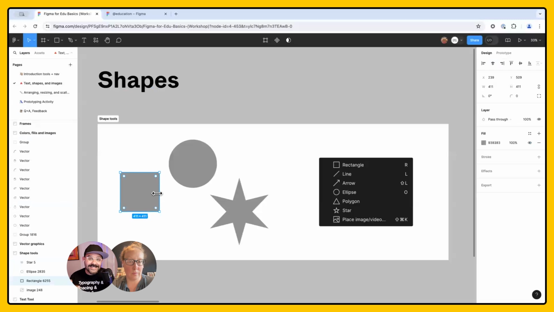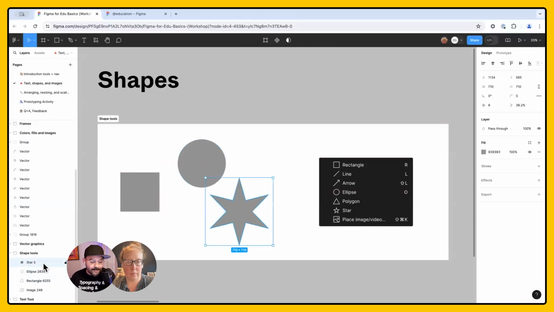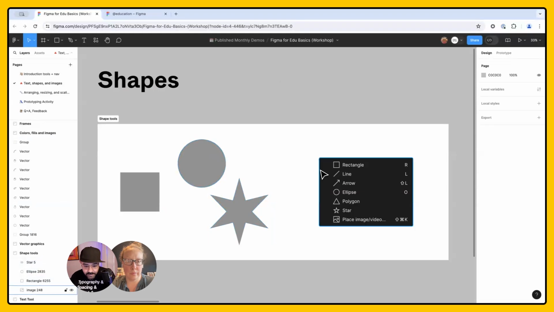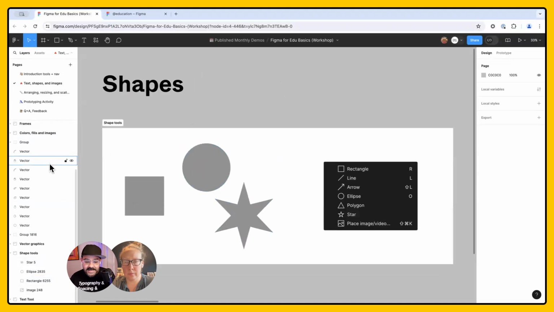Every object that is on the canvas. So like these shapes, the shapes are going to be the first concept that we're going to talk about today. These shapes, everything that exists on the canvas, has a representation in this layers panel on the left. We're going to be talking about that layers panel a lot. In here too, we can add images, we can add text. So every time you add an element to the canvas, it will be placed over here.